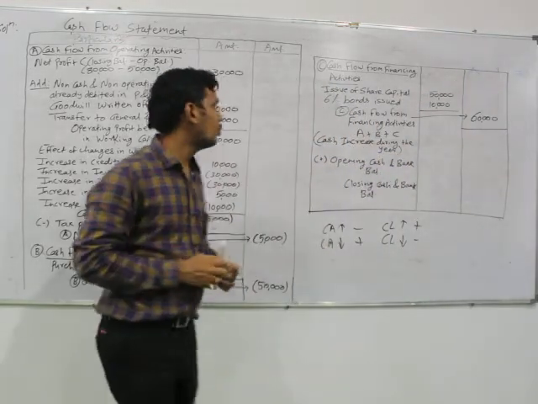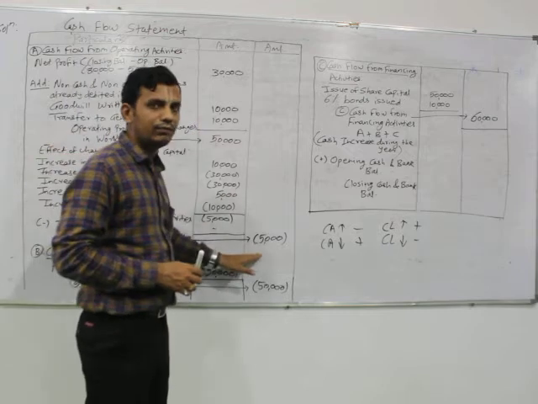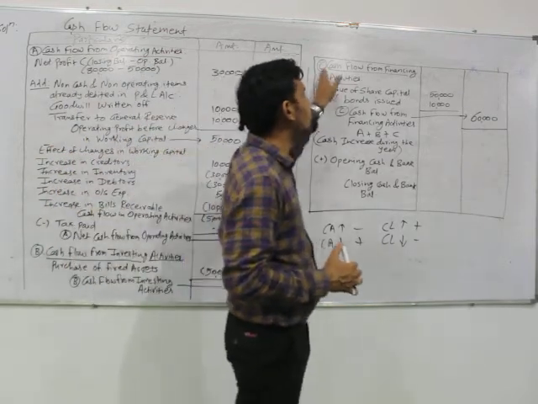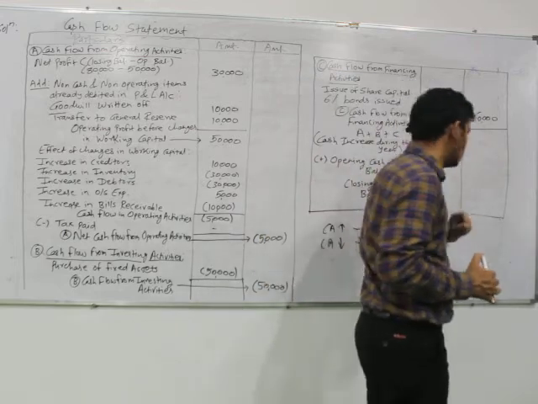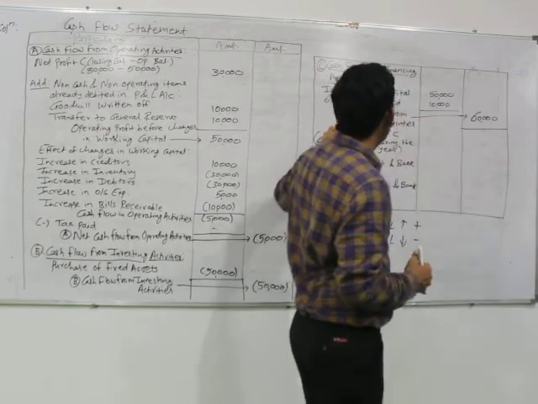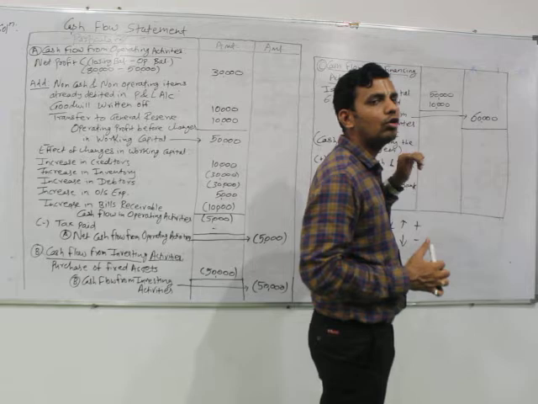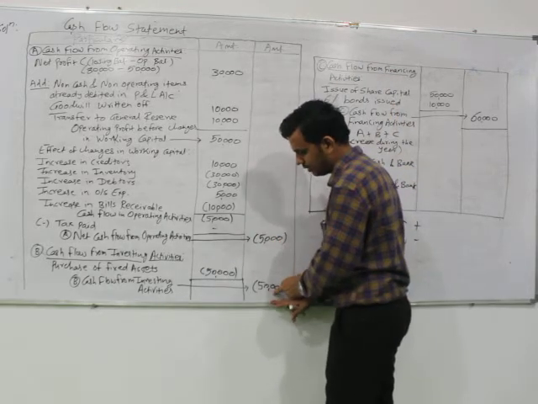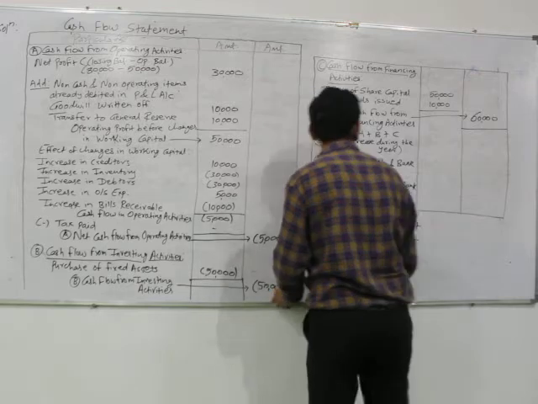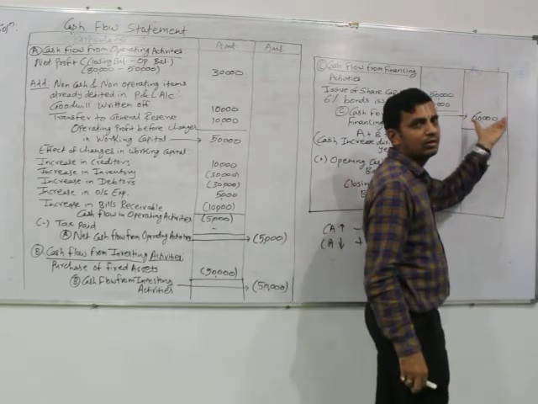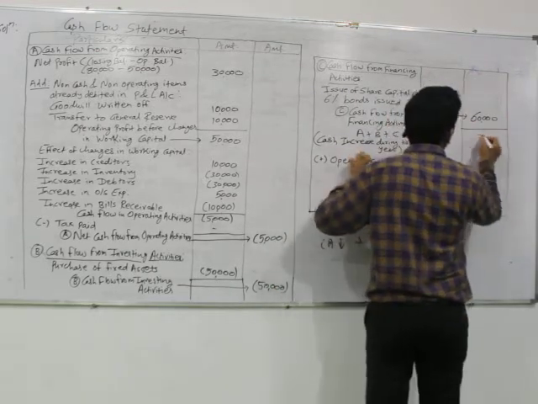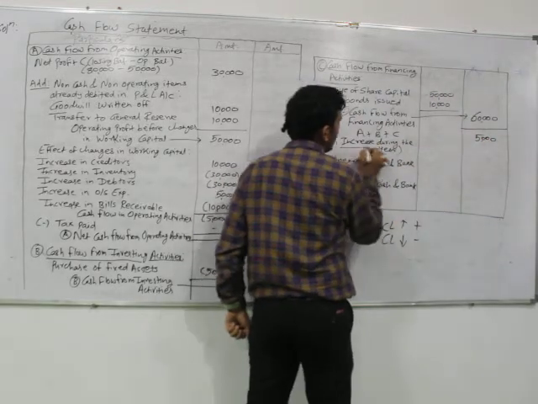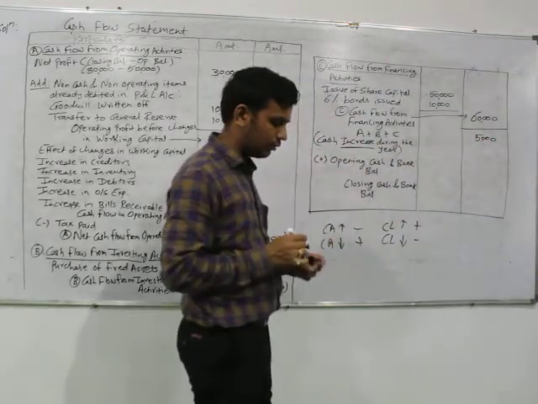This is for the A activity, we have negative 5,000, for B, that is investing activities, we have negative 50,000, and for C we have positive 60,000. Therefore now we can make the total of net cash increase or decrease during the year. Minus 50,000 plus minus 5,000, that is minus 55,000, plus 60,000, the resultant output would be plus 5,000. There is definitely a cash increase during the year by rupees 5,000.